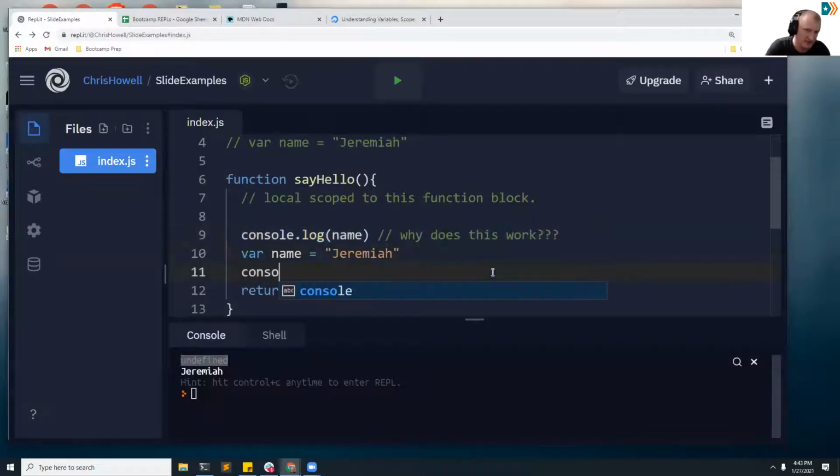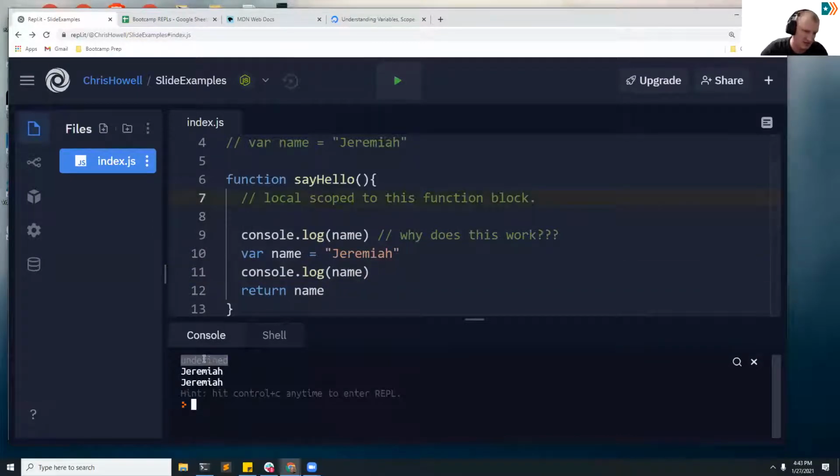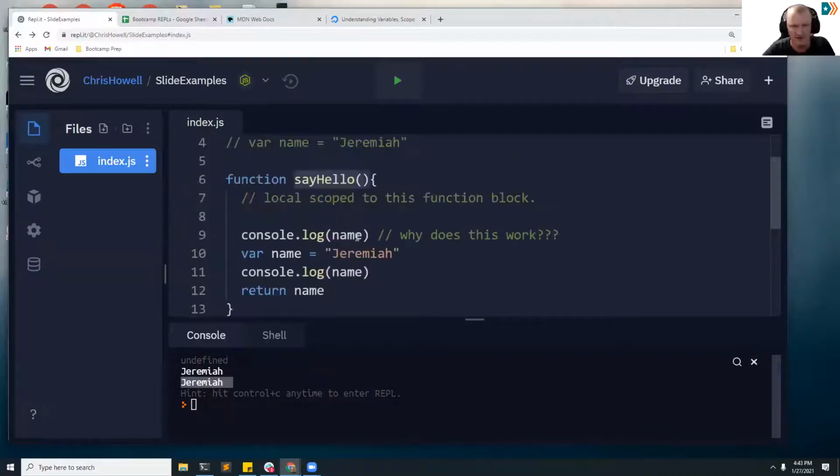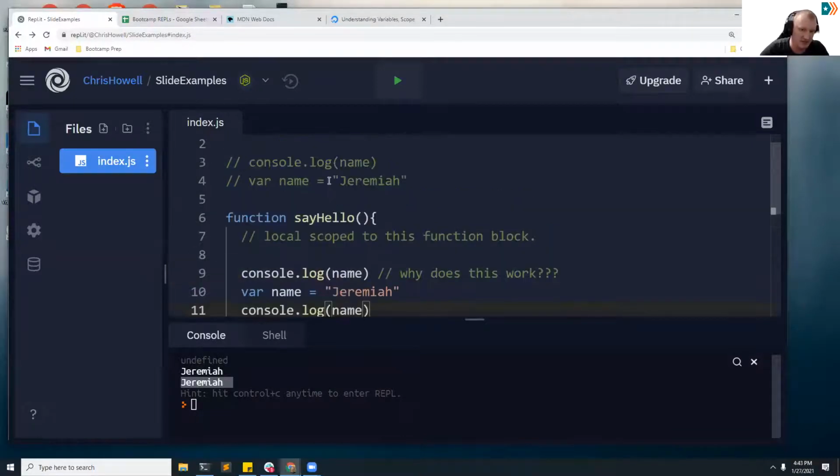So if I console.log here, after I have declared it, now I should get undefined, Jeremiah. And this last line is always the return value of the last line of our script file, basically. It's just giving us back that thing. I don't want that to be confusing. So it hoists it to the top of our function,